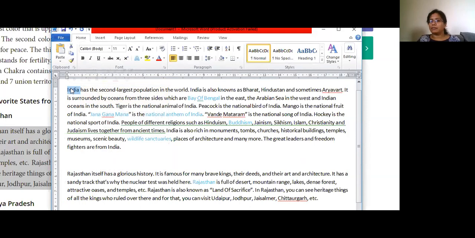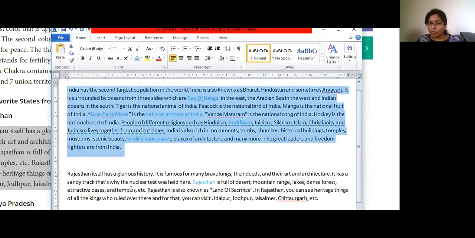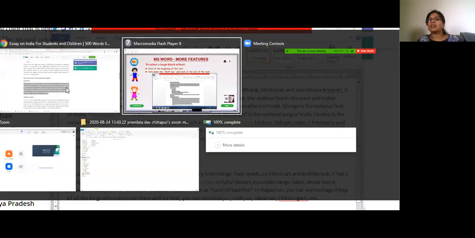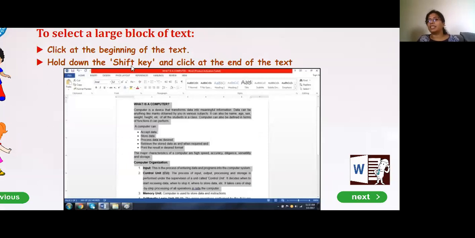Once we saw, double click for the word, triple click for the paragraph, but how about selecting this whole document? What you're supposed to do is click here. Let's read once again what they have written. Click at the beginning of the text, hold down the shift key and click at the end of the text.